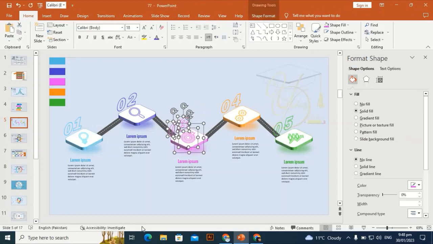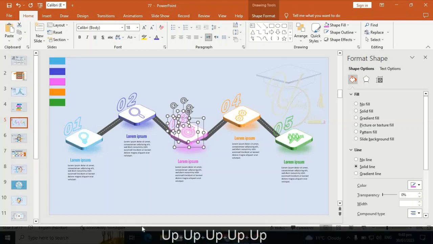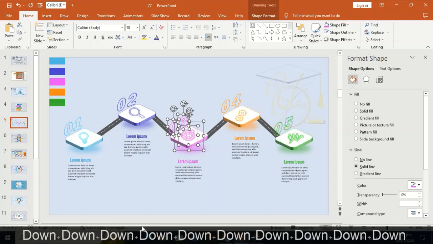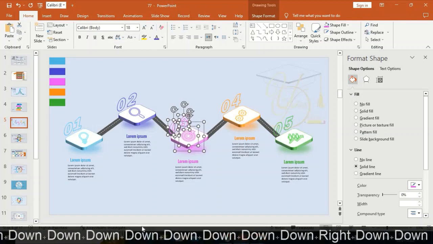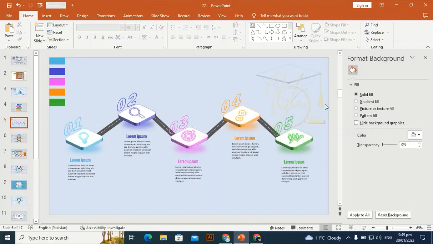Hope you have enjoyed this design, and this is a very beautiful design, and you can use this design for your